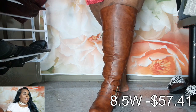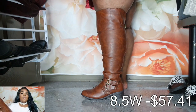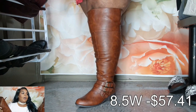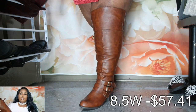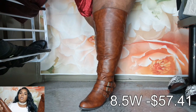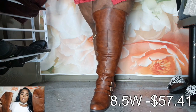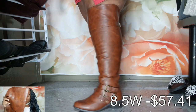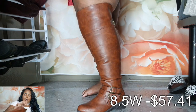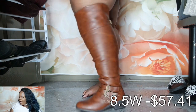Avenue, Ashley Stewart, Wet Seal, Rainbow, so many places out there. A few plus-size YouTubers like Passion Jones, and a few people just, we've been talking about these lately, but I didn't get a chance to haul them, so I'm happy I can finally haul them, and y'all can finally get y'all some, or whatever. So Avenue is actually the first place where I found